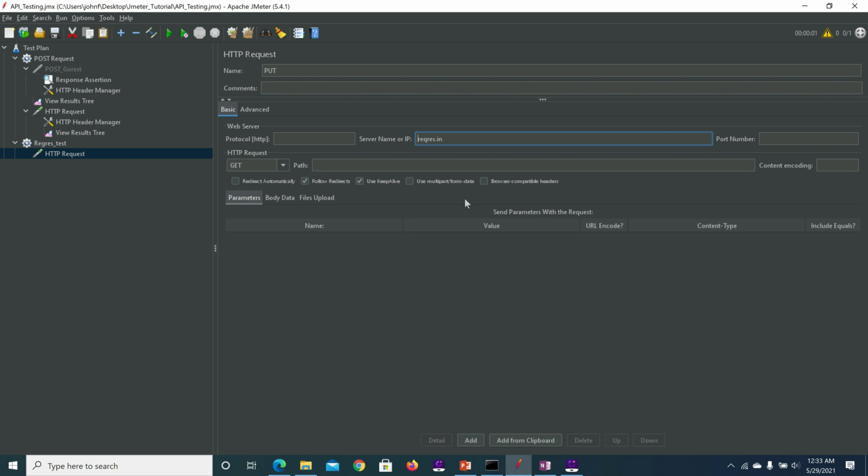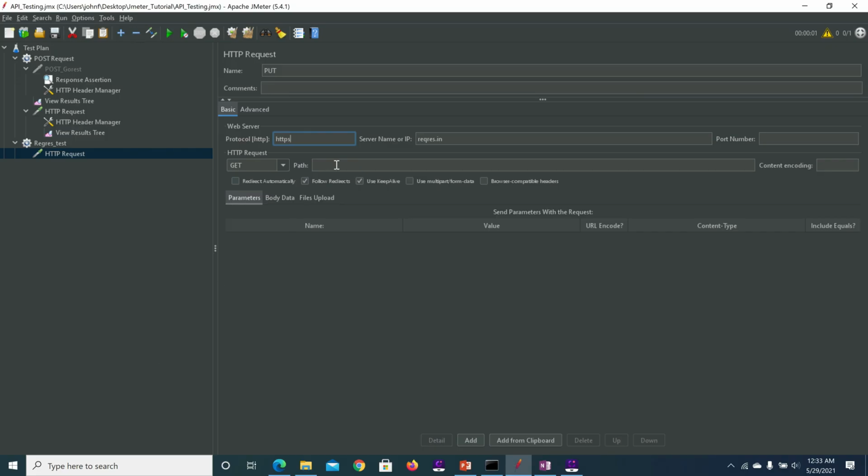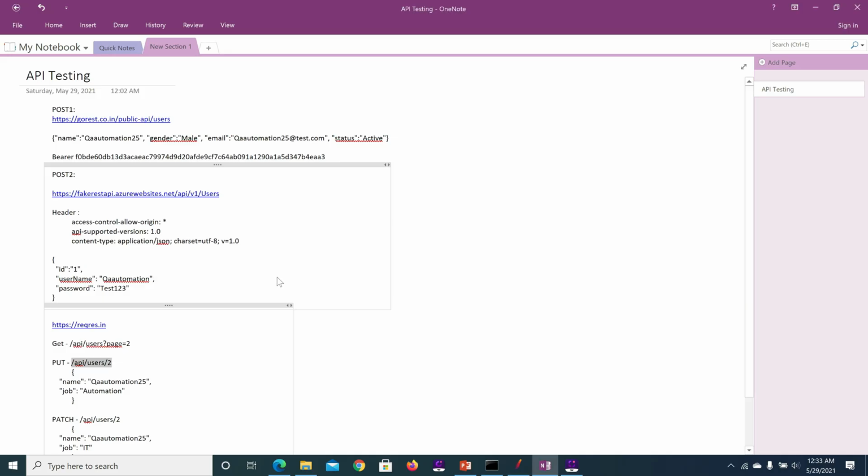Server name I'm mentioning as regres.in. Protocol type is HTTPS. And this is the path for put. Put will create or modify the existing resource.